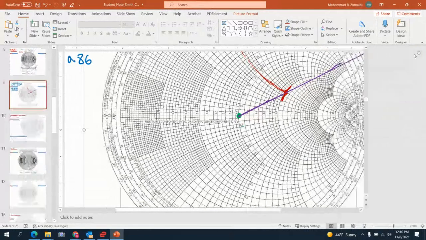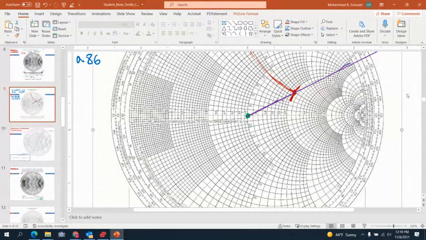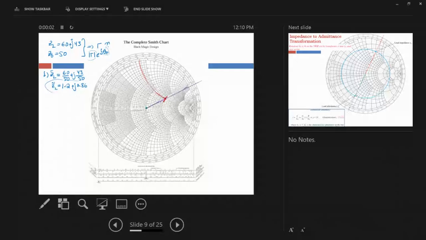Now, I don't know how to move this whole thing together, but let me see if I do the, would keep it as, no, it doesn't. Anyways,